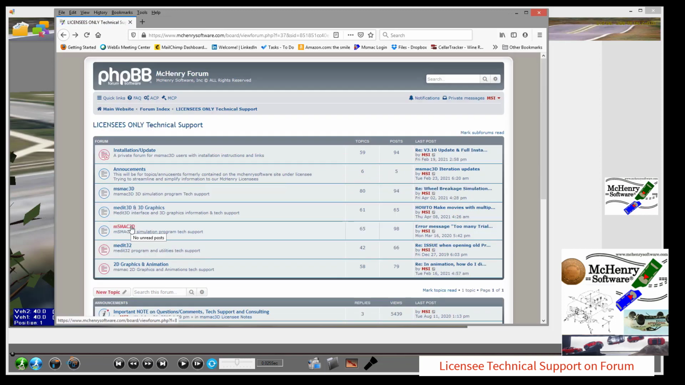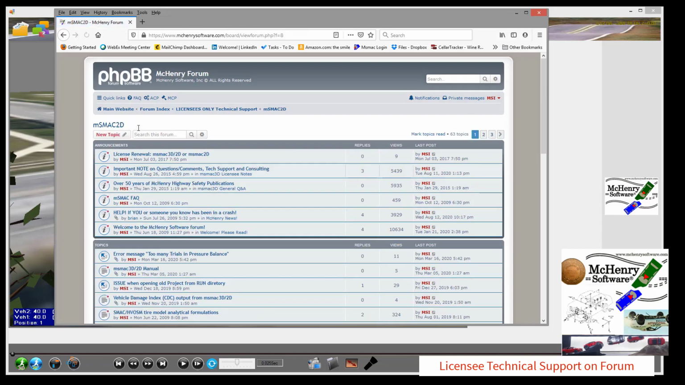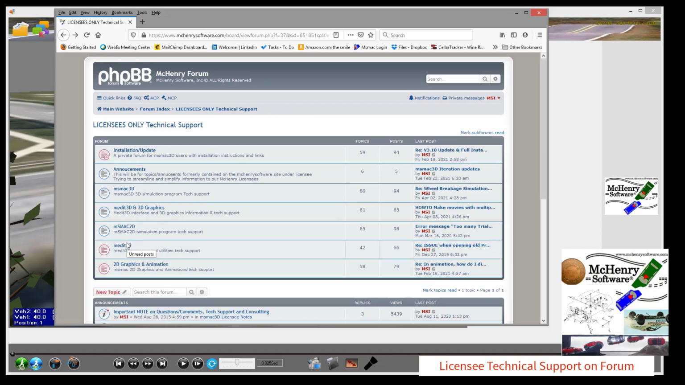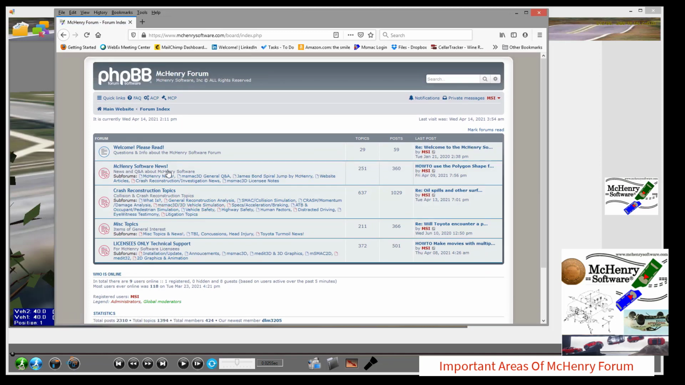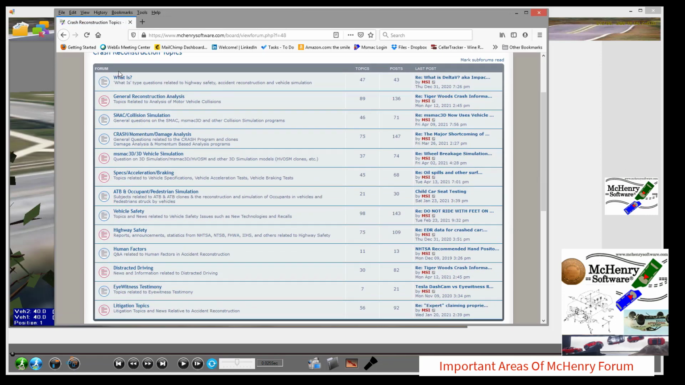For our msmac2D users, there's questions for the msmac2D. There's mEdit 32, which is discontinued, but if any of you are still using it, we try to support it. And then the 2D graphics and animation. Going back to the forum index, another place that you should probably make a point of checking out is our crash reconstruction topics. You notice we have what is, and if ever there's questions, we add